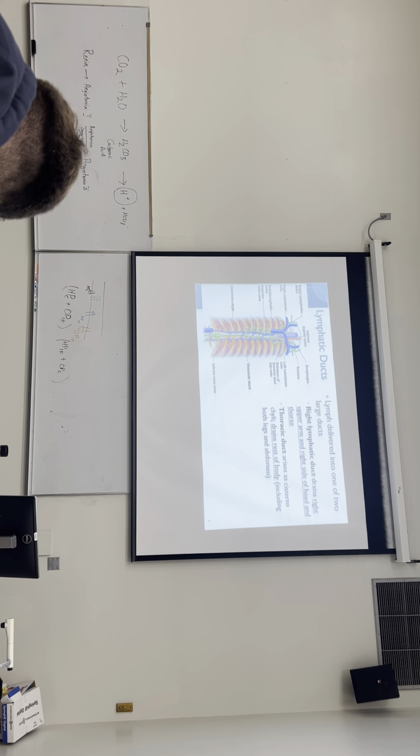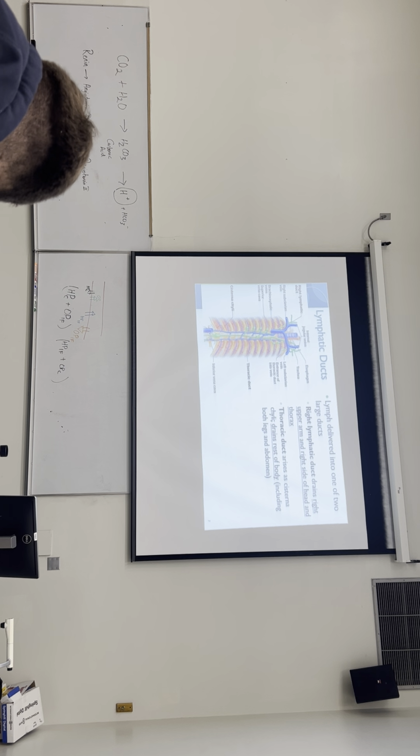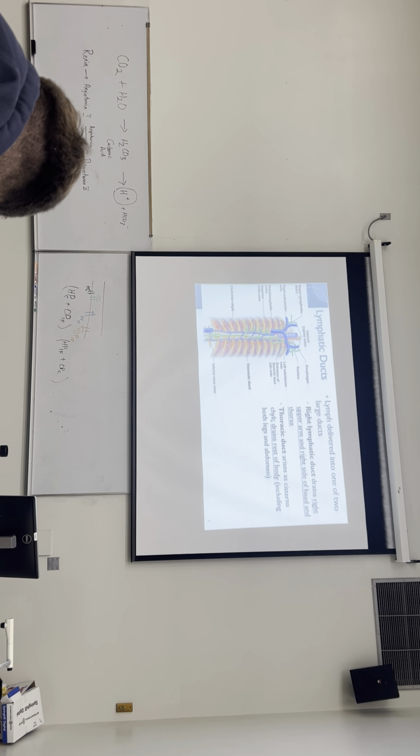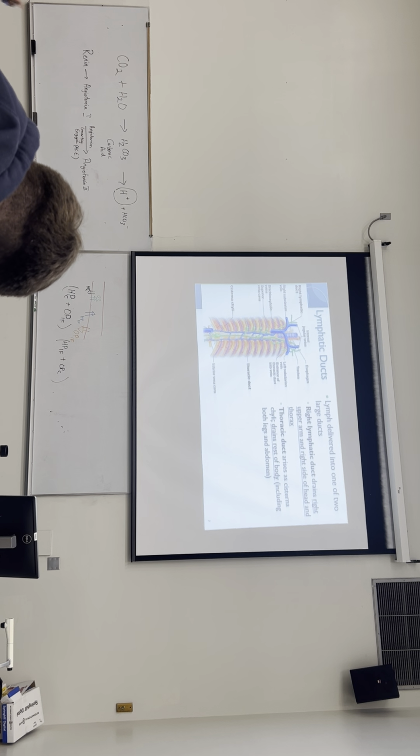It kind of cuts the body into quarters. So the right half of the head, right chest, and right arm are drained by the right lymphatic duct, whereas the left head, left chest, left arm, all of the abdomen and pelvis, and both legs will drain